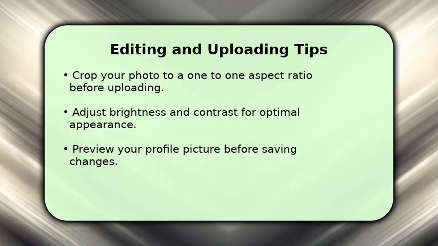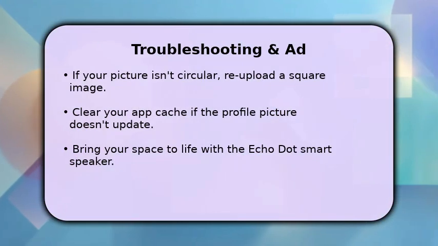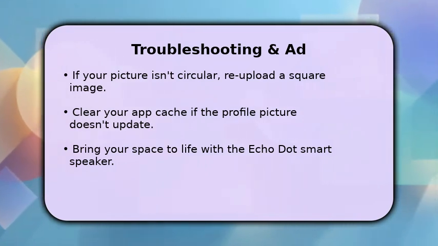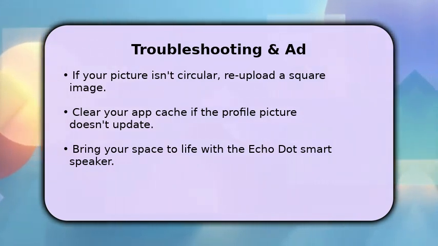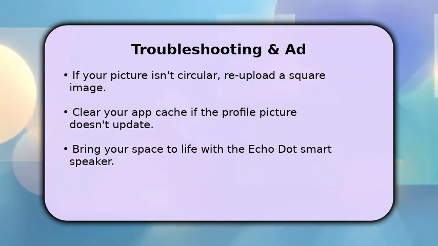This step is key. If your profile picture isn't appearing as a perfect circle, try re-uploading a perfectly square image. Sometimes, minor aspect ratio differences can cause issues. If your updated picture isn't showing, clearing your Instagram app cache can often resolve the problem, forcing the app to